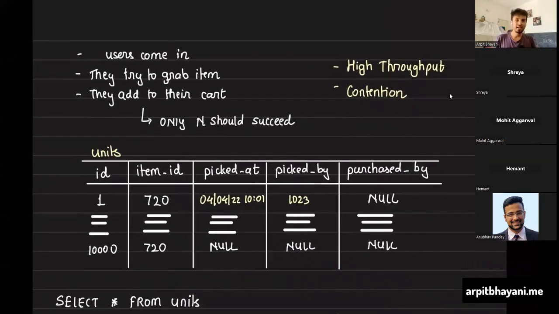So what you are doing is users come in, they try to grab the item and they add it to their cart, which means they put their hand on that phone and they keep it to themselves. Maybe a small shopping cart the shop owner gives, they put it in that shopping cart, right? Now, this is where your high throughput and contention is all about. In the real world, if you see someone having their hand on a phone, will you go and pick that? No, you will go to some other place because there is an exclusive lock on that. This phone is not yet put into the shopping cart, but you still see someone else's hand on that phone. This is exactly what our exclusive lock is all about.